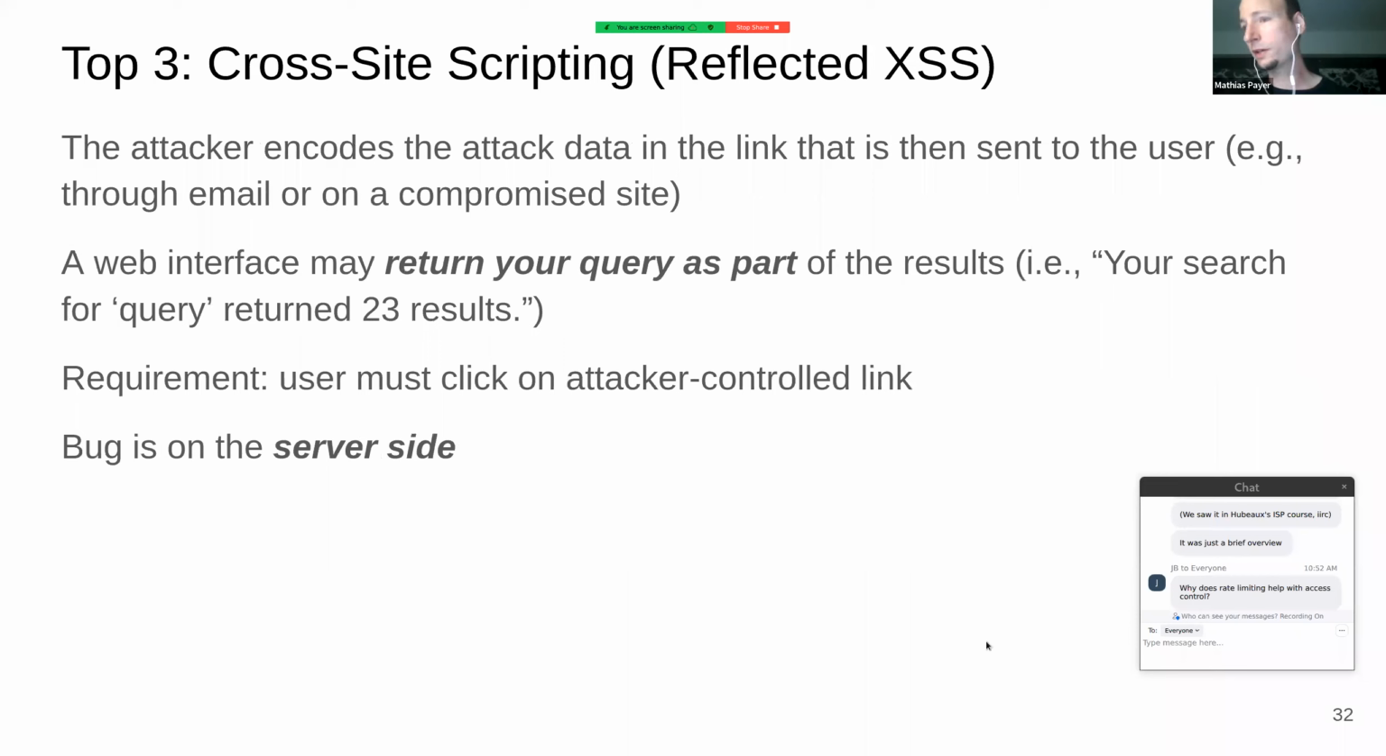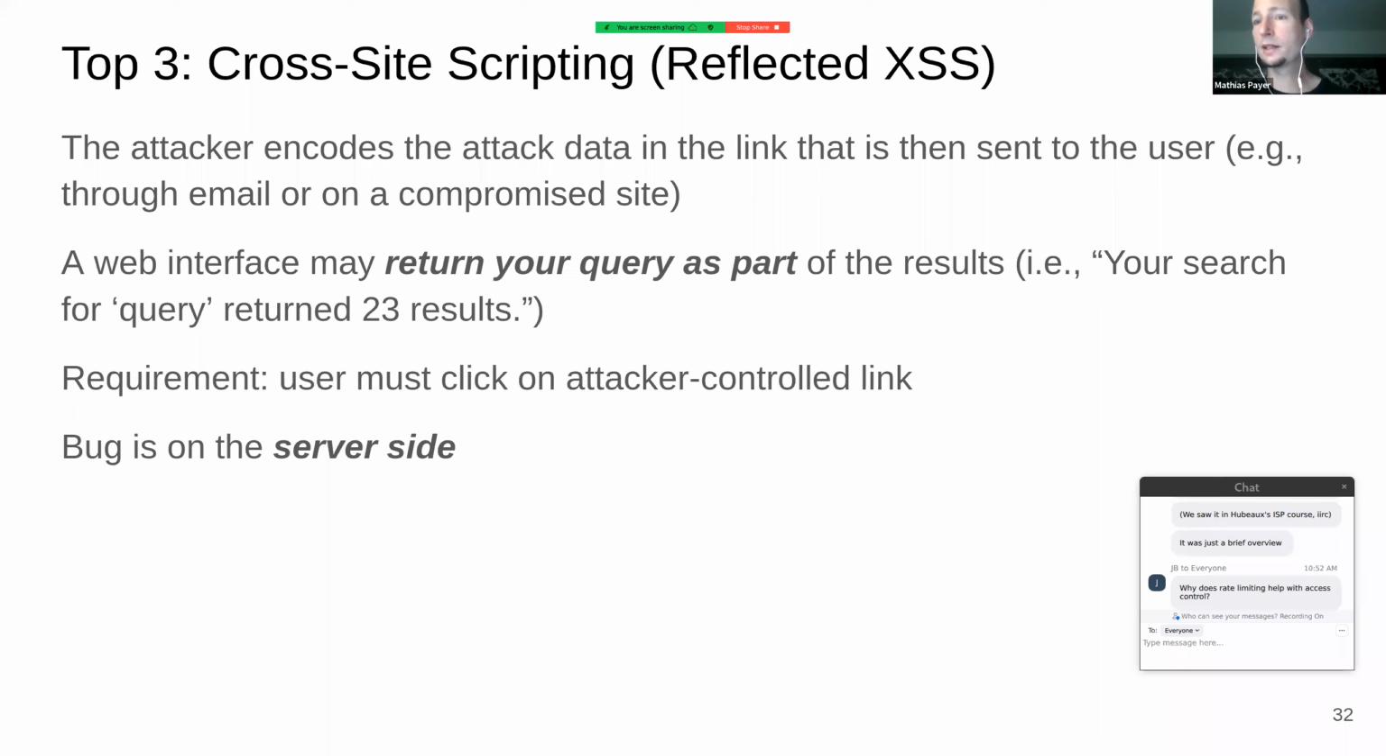Reflected cross-site scripting is another form of cross-site scripting. The attacker encodes the attack data in the link that is then sent to the user, for example, through an email or a compromised site. A web interface may return your query as part of the results. For example, you can encode